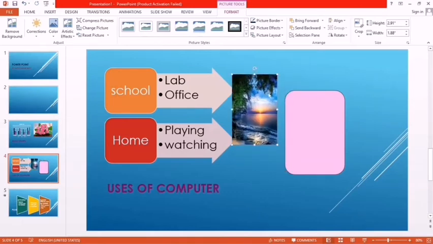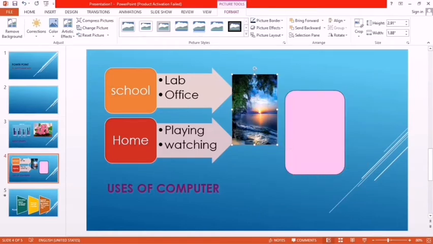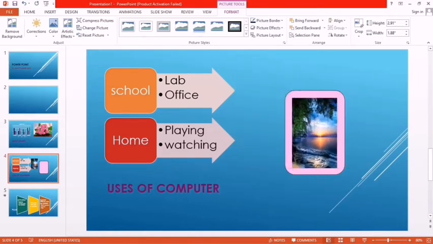Okay, now here you can see two options, bring to front and send to back. I click on bring to front, so I place it here. Okay, now if I click here,